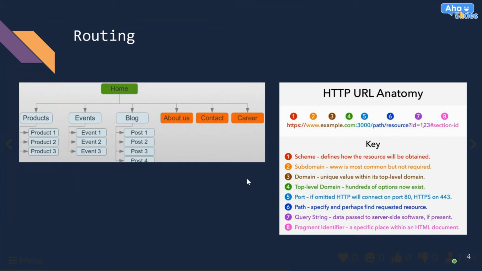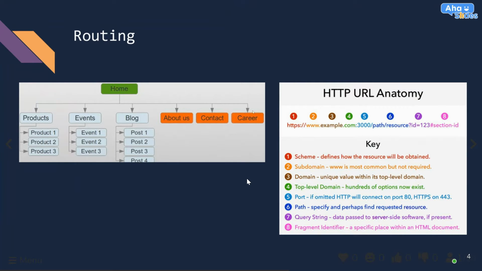So here, for example, is a very typical sitemap that you would see in WordPress or really any company web page, to be honest. There's a home page, and that home page probably has a nav bar, which can send you to three static pages: /about, /contact, /career, or whatever.